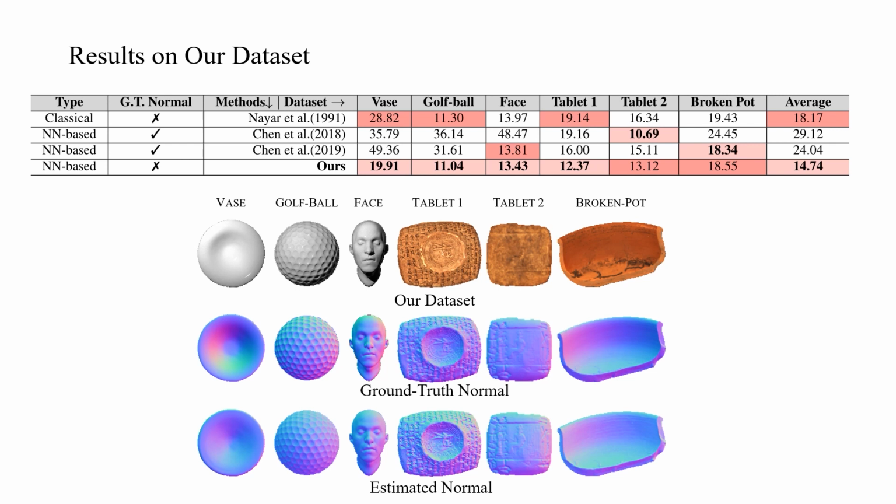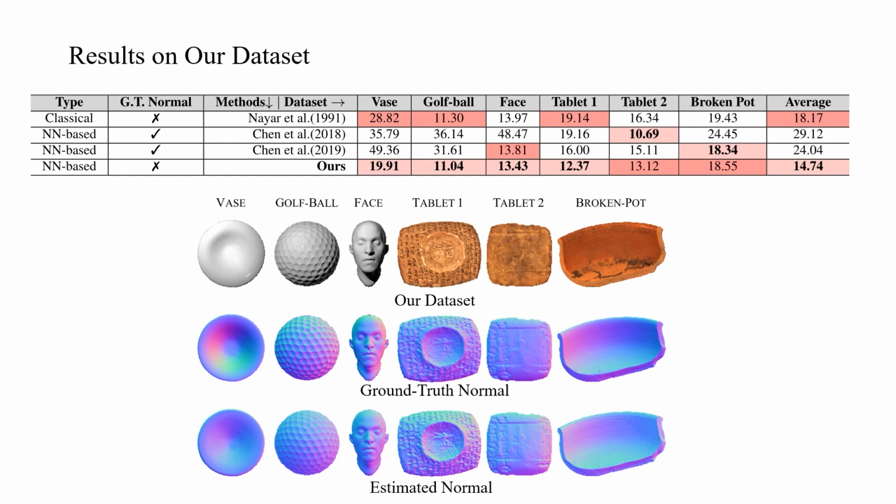In this new dataset, we perform significantly better than other approaches. Deep learning methods usually struggle to handle objects with deep concavities, such as the vase, because they do not model interreflections explicitly. On the other hand, the classical NIR method in this table models interreflections, but the results show that it is not sufficient. Our method succeeds because we model both interreflections and the reflectance map of the surface at the same time.